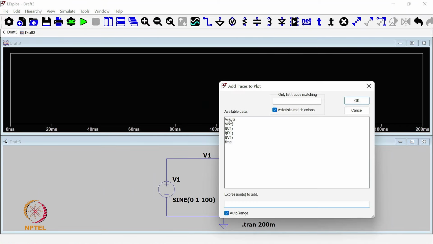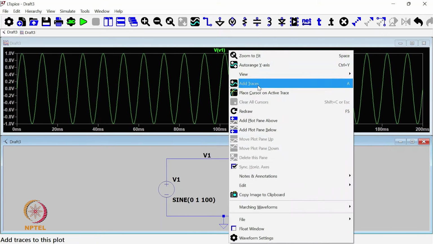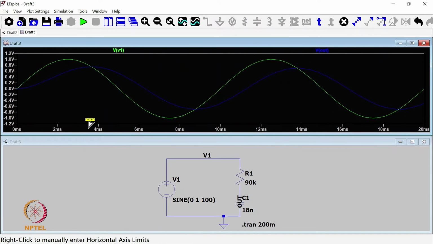Now we see the output versus input. This is our input, and if we want to plot the output and you zoom in, just click and drag it. Now you see there is a large amount of delay in the output compared to the input. This is because now the frequency of the sine wave is very high. So for that particular frequency, the impedance of the capacitor is different compared to the low frequency. That's why we have a different time delay, or we can say the phase delay in the circuit, because the